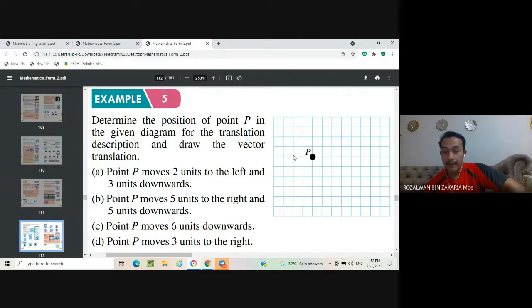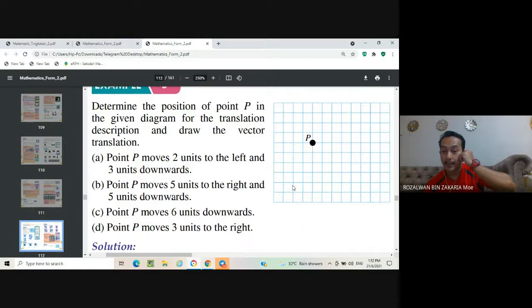Then 3 units downward: 1, 2, 3. So here is the movement of the point P after going through translation, 2 units left and 3 units downward. So this one is the object. This one is the image, or you can write P prime. Okay, then after that,